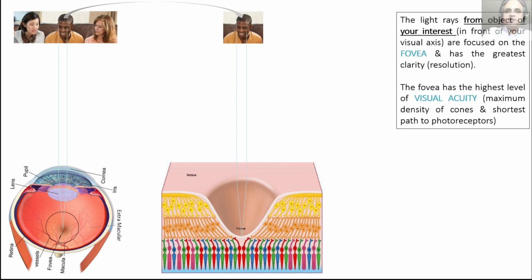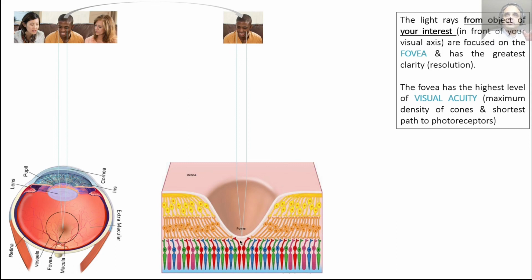We have an entire clinical skills session on visual acuity. You can refer to that for more information as to how that happens. But right now, the things that you want to see are right in front of you, so the motor cortex commands your eye to look at them. The light rays from that object focus on the fovea, and the fovea provides the greatest visual detail